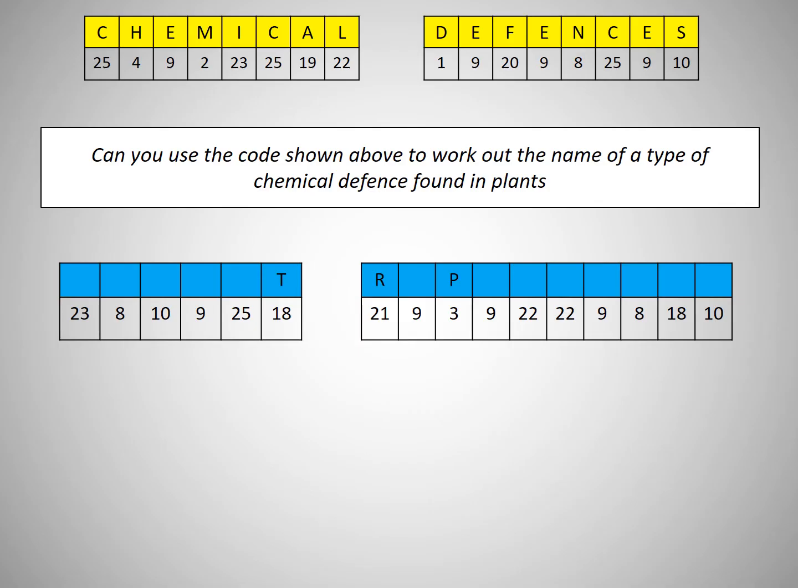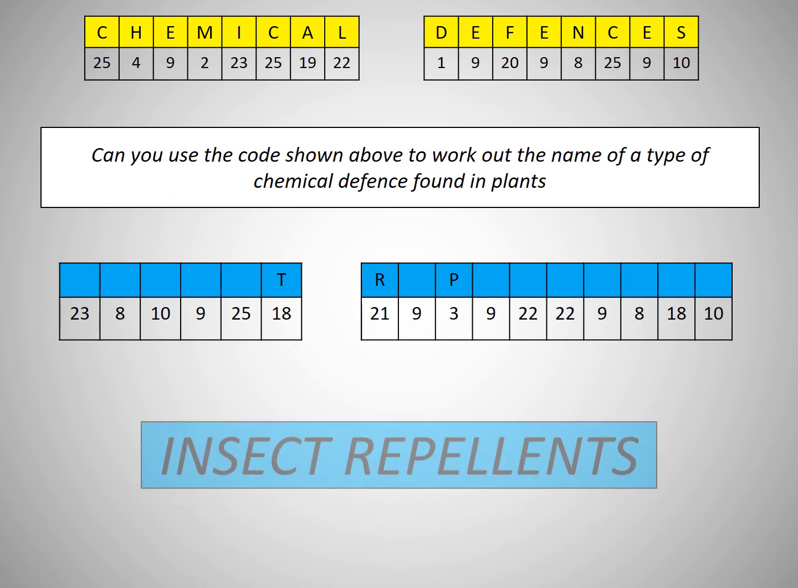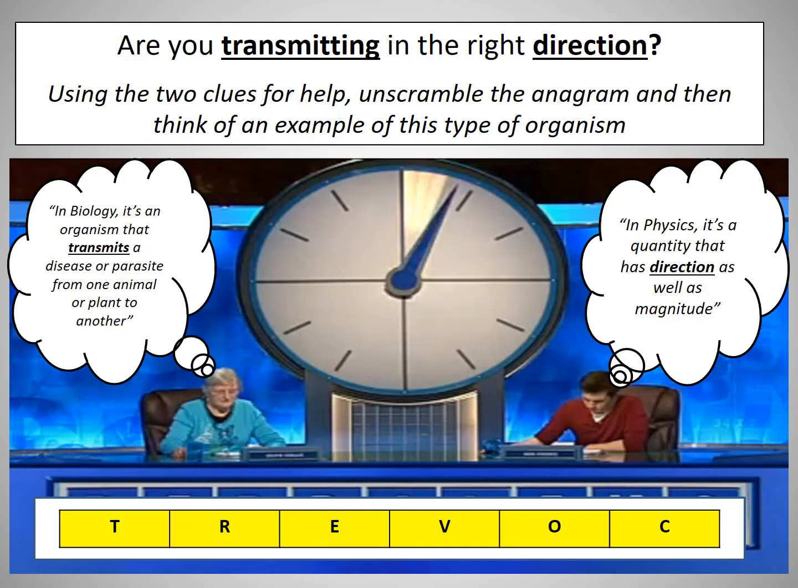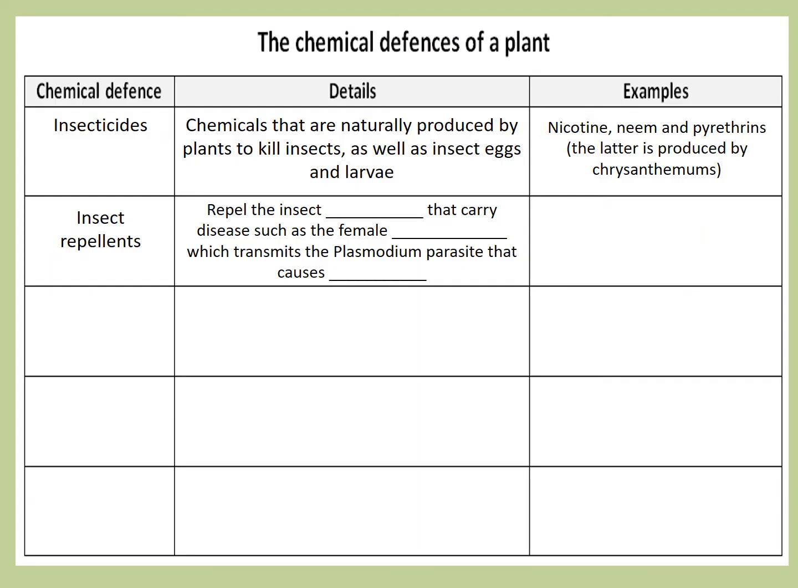Let's look at the next one. You might want to pause this. So this is another type of chemical defense: insect repellents. Put that in your table, because plants produce that. This is a vector. So this is an organism that transmits a disease or parasite from one animal to another. You should have come across this before, particularly when talking about malaria or the plague. But in physics, a vector has quantity and direction. So insect repellents repel the insect vectors that carry disease, such as the female mosquito that carries